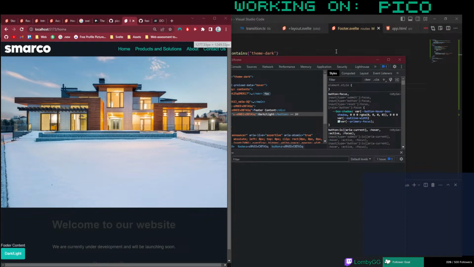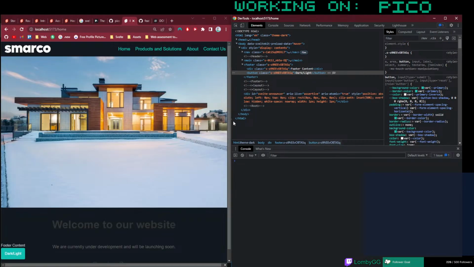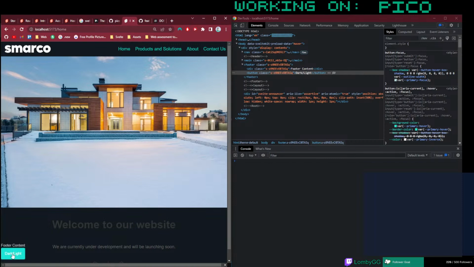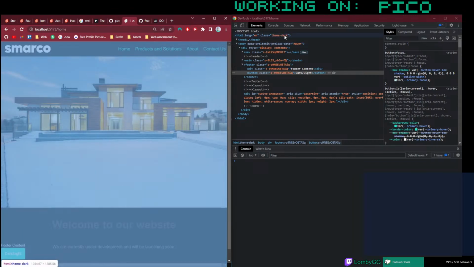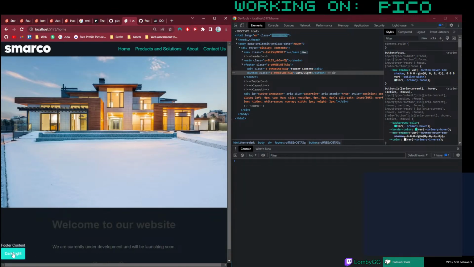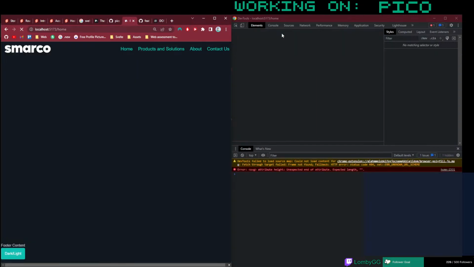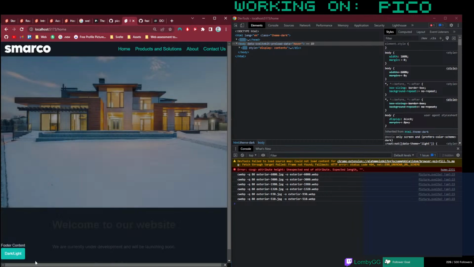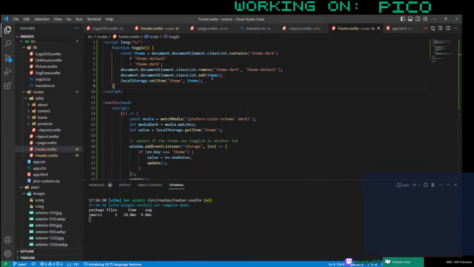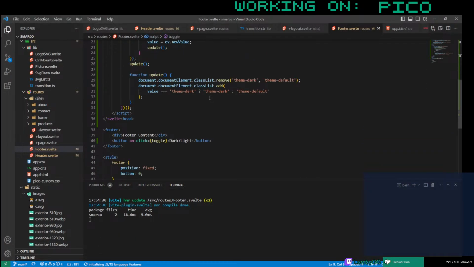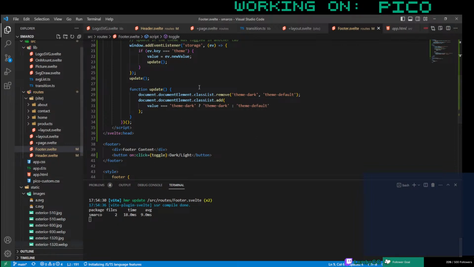Oh, let's put this to the side. Let's have a look at here. Did we not tie it up? Oh no, yeah, it's working. So it's changing the class from theme default to theme dark. That's good. And when we first load, does it load it with theme dark? It does, good. Okay, and now what we need to do is set it to the right thing for